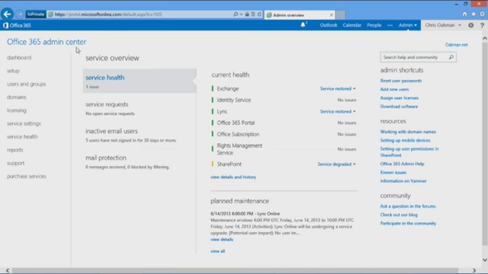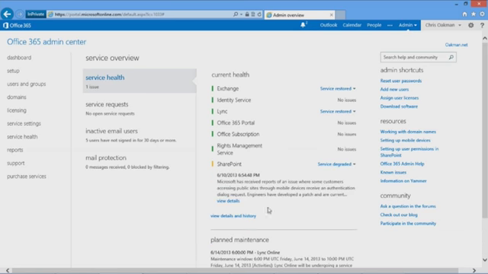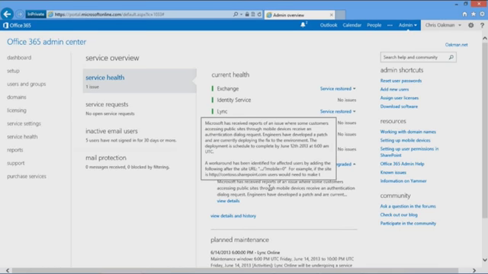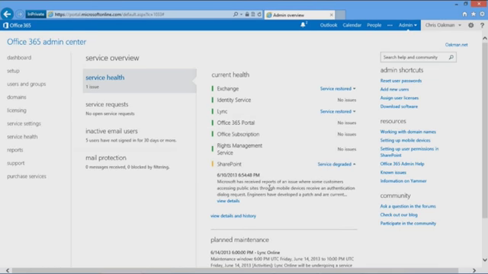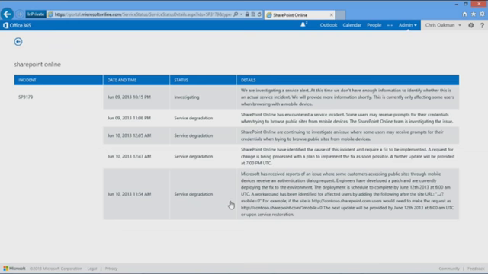So this is the Office 365 Admin Center. It's pretty fluid. As you can see, SharePoint right here under Current Health, which is right in the very front. SharePoint is still in service degraded. And if we click on this, it's going to give us: Microsoft has received reports. If I highlight, it'll show me the whole thing. Some customers accessing public sites through mobile devices are receiving an issue. So they're having an issue. It could be in our data center, it could be in somebody else's data center. We're not really sure where that is, but we can go into it further. And it goes on to tell you when the patch is expected to be delivered, when it's supposed to be fixed. It's been going on for a couple days, it looks like.